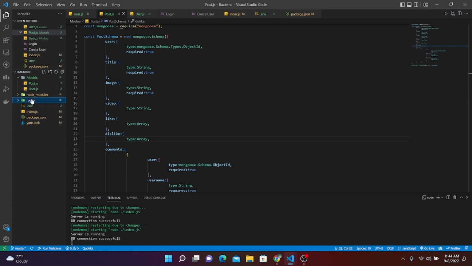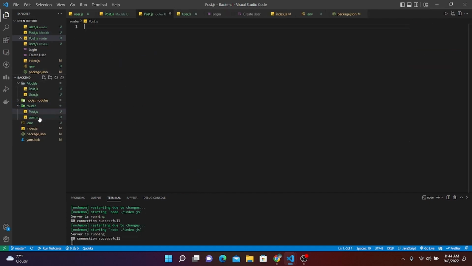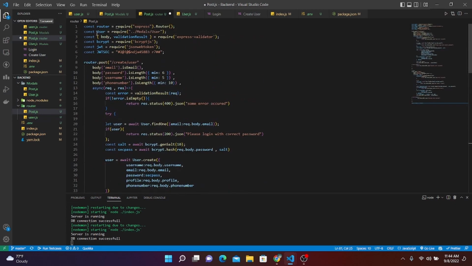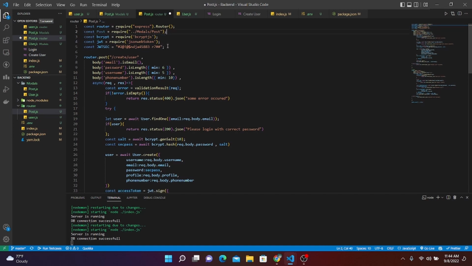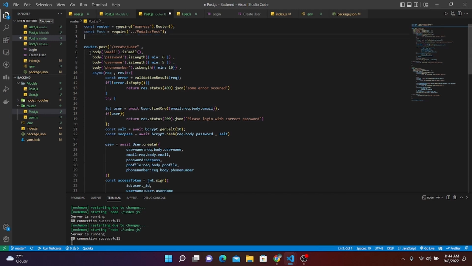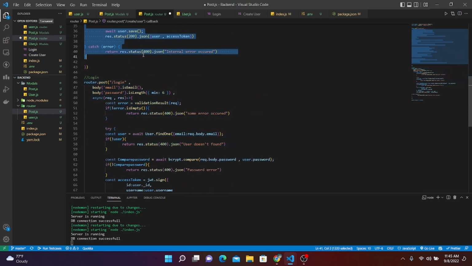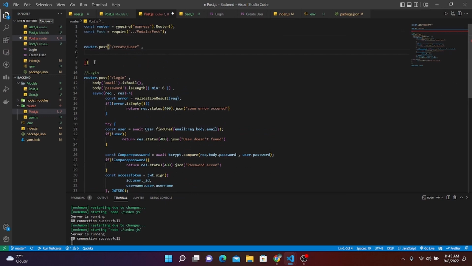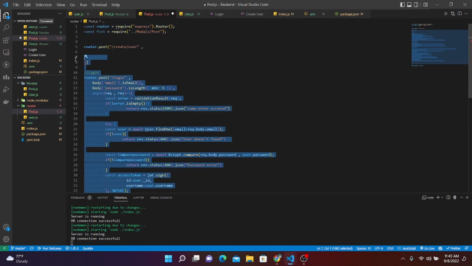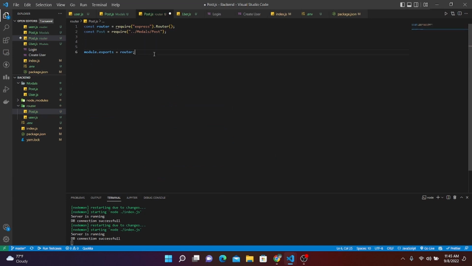So let's go in our router, and here let's create our post.js. Let's copy this, and I'm going to paste it here, and instead of user what I'm going to do is let's write our post, and let's add post. Let's delete this here, or let's delete everything from here. Let's save this,